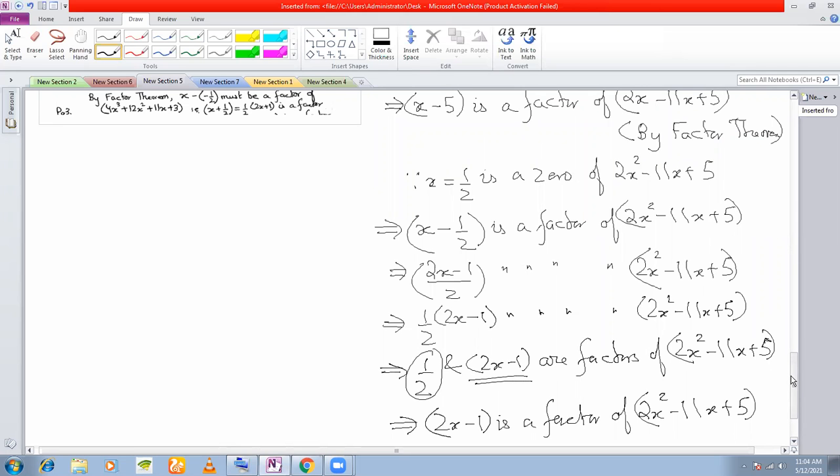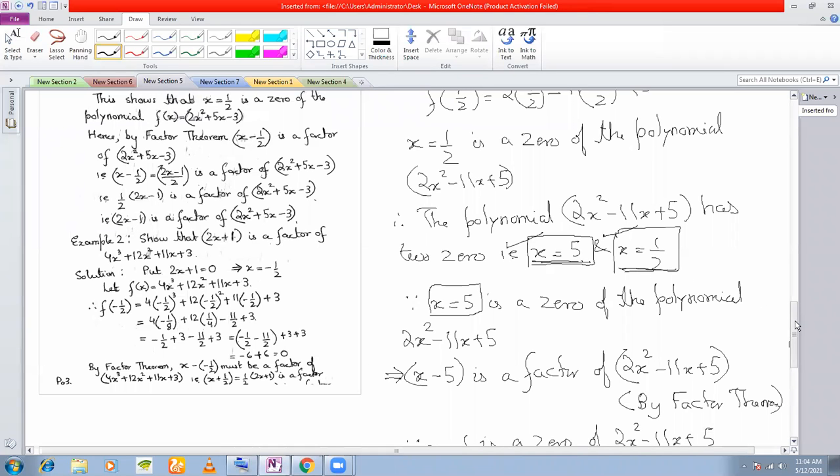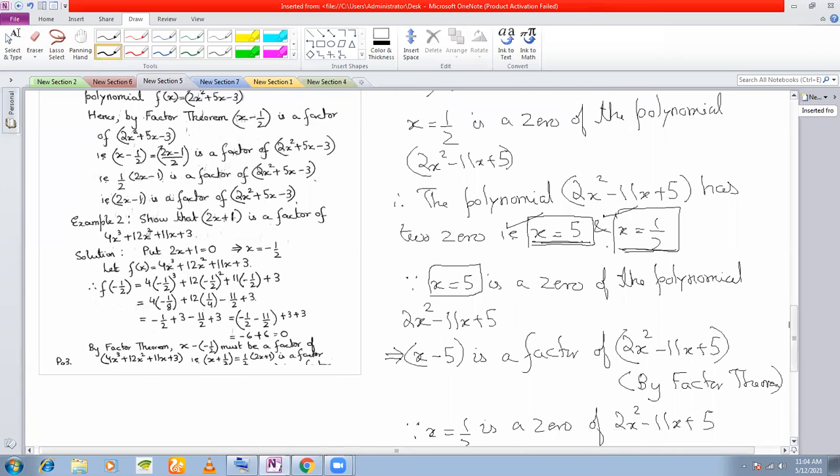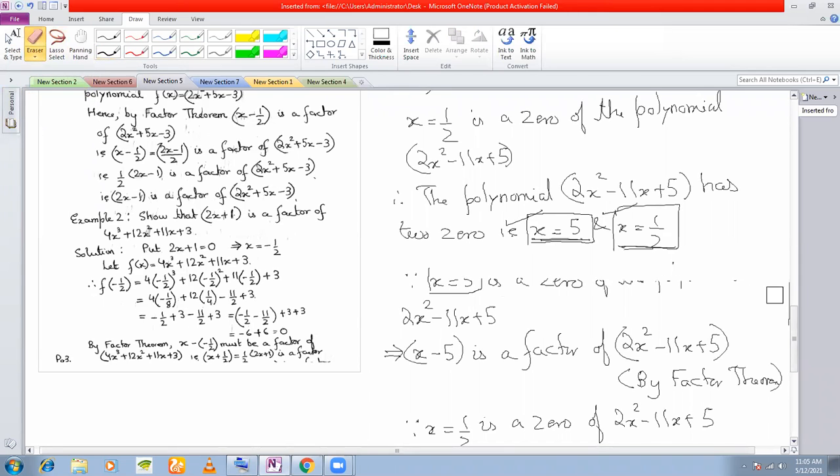Only one zero if you get. Here, luckily, we have got two zeros. We have got x is equal to 5 and x is equal to half. So we got both the zeros. So that's okay. But even if you get a single zero, we'll see in the later problems that only if you can search for one zero of the polynomial, then you can easily say that this is a factor, and then you can factorize it very easily also. We'll see in the sums that will come later. So let us now state the factor theorem formally.